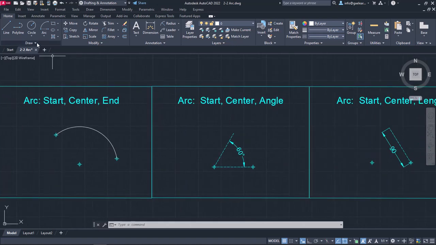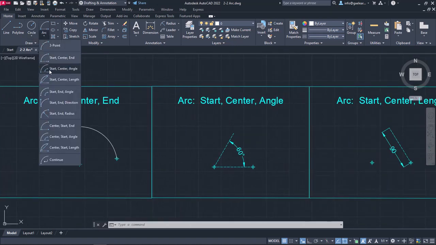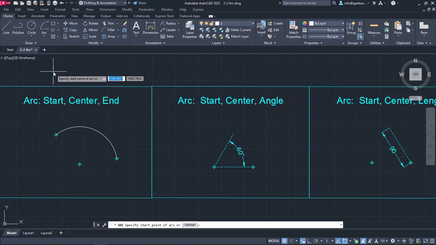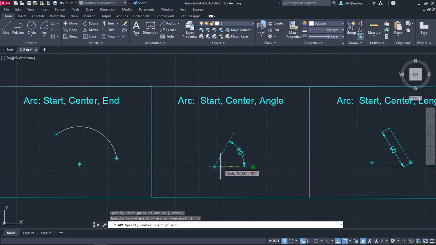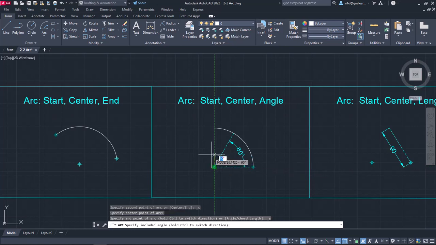The next option I'm going to select is the Start Center Angle option. As you probably have guessed, with this option we define the starting point of the arc, next its center, and finally the included angle. So I will start with the point on the right, then click on the one on the left, and then I will type the number 60 to define the angle